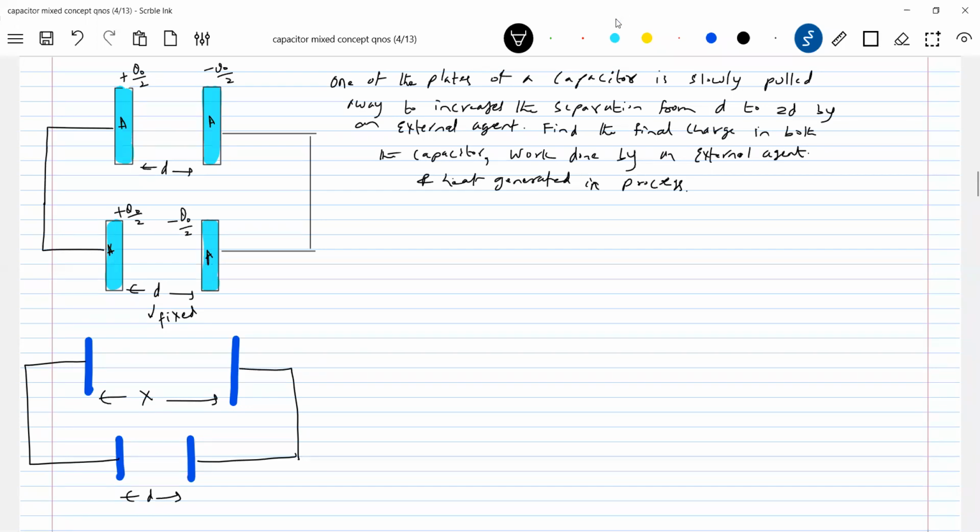Initial capacitance, let me call C naught. So what is C naught? C naught should be equal to, let me write here, because the area of cross-section of the plates and the distance between the plates are given for us. Okay, now getting to the problem. So he's asking to get the charge, capacitance, like where the energy will increase, where the energy will decrease, where the charge will increase or decrease. So this is needed, no?